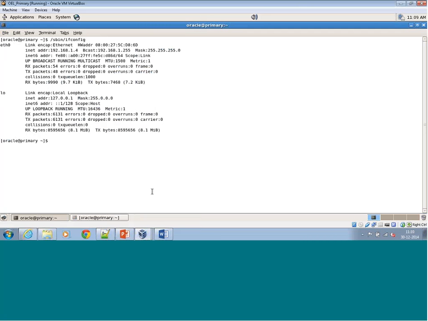To begin with, the basic stuff which I shouldn't have to mention over here: for any production database, there have to be some basics. And the first basic is to run the database in archive log mode. So here I'll just start my